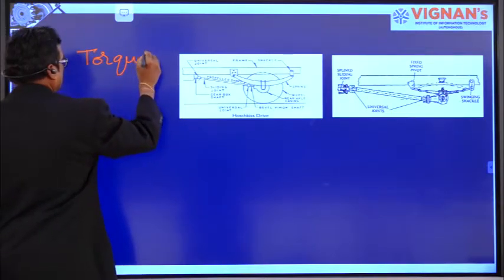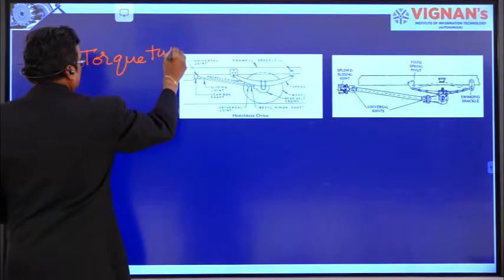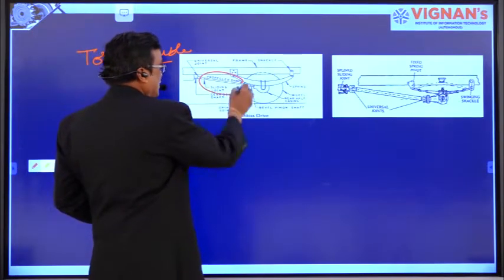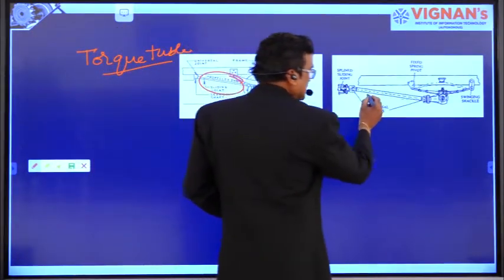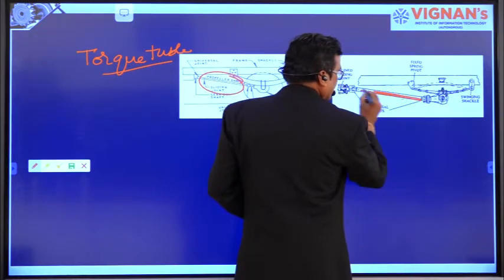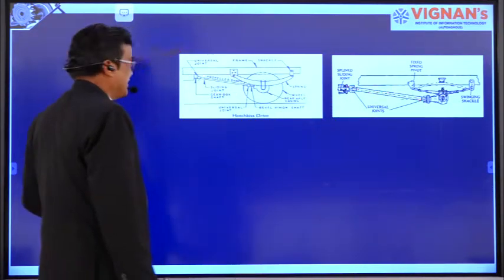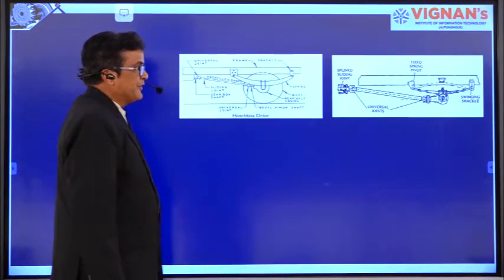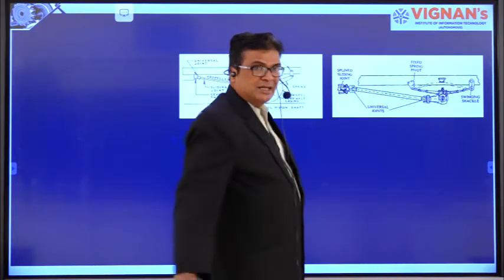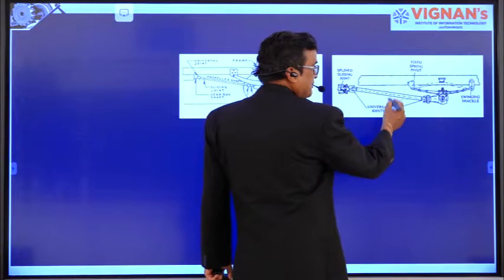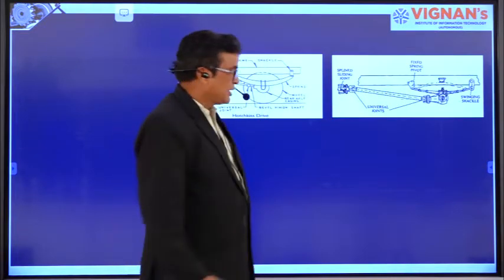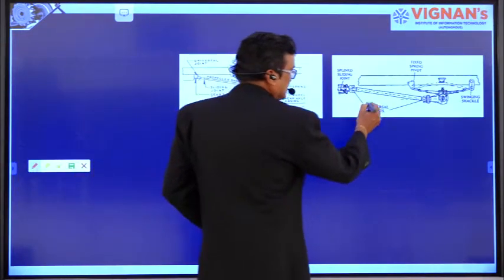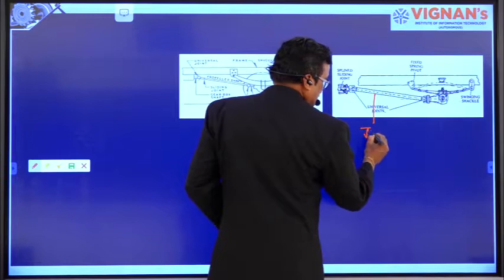The figure is almost similar, but the difference being, here instead of this hollow propeller shaft, the propeller shaft is inside. What is shown by dotted lines there, this dotted line is the propeller shaft here. And the propeller shaft is concealed with the help of a tube called the torque tube. That's why its name is given as torque tube type. This is the torque tube.